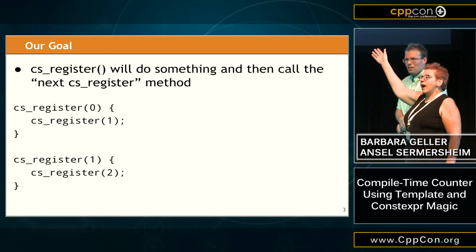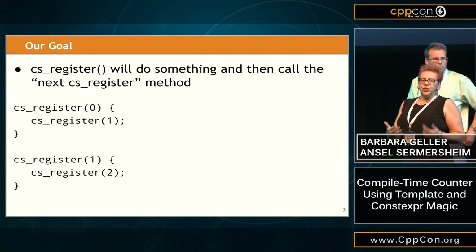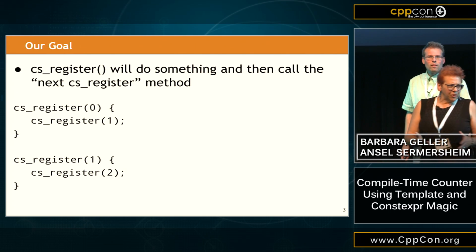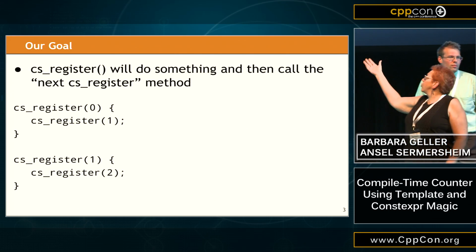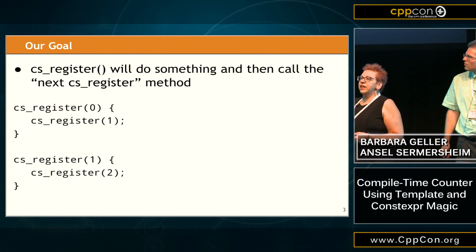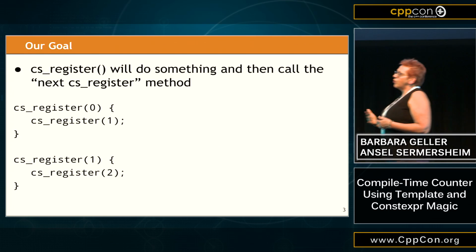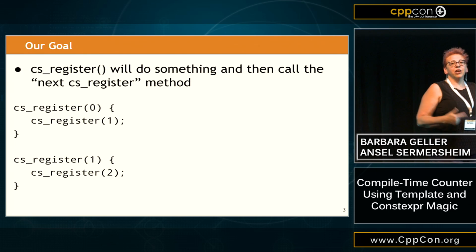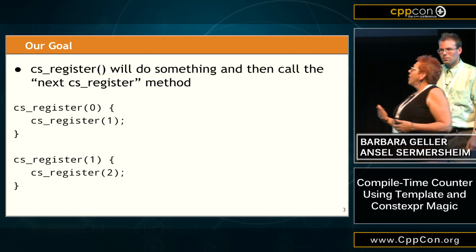So in the process, what we actually want to do is register some data and some metadata. We want to do that in CS register 0. We actually want to register the data and then call CS register 1. We want CS register 1 to do something and call CS register 2. The problem is